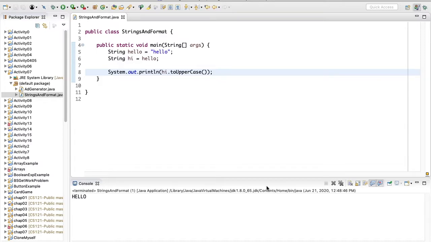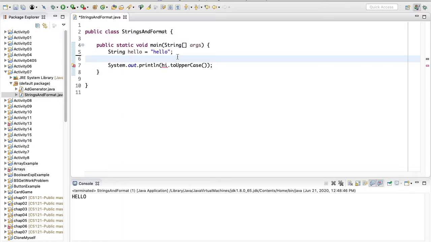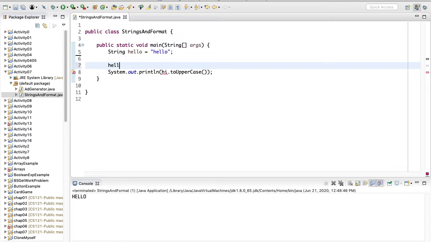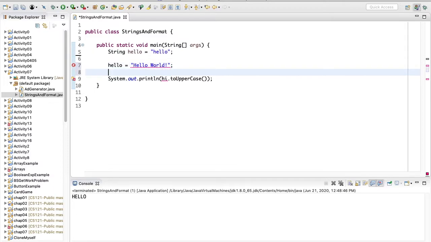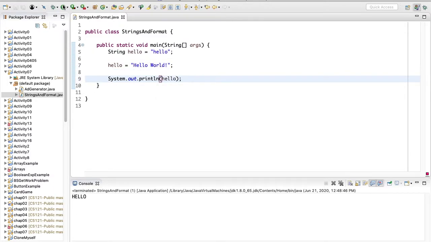And if I set hello equal to a new string, and then printed it out, again, notice that it's going to be hello world now, and we've lost the reference to this string object. So once these are created, they cannot be changed. That's the essence of